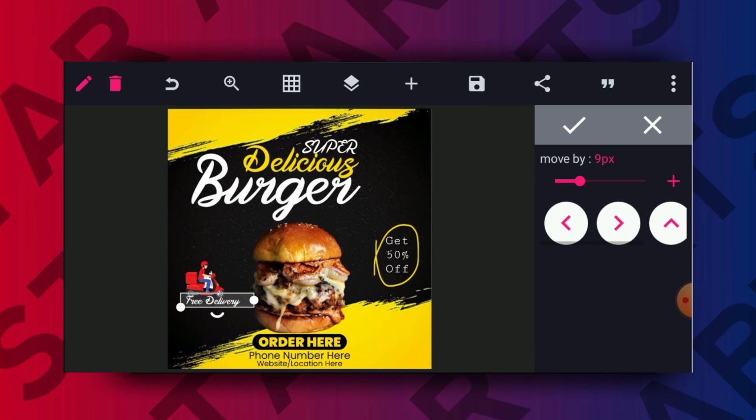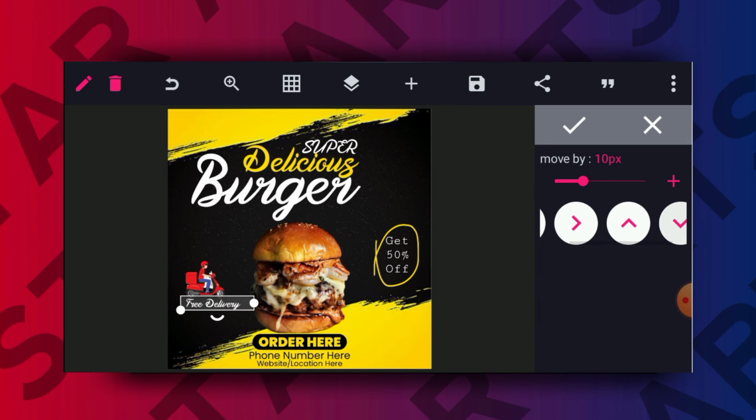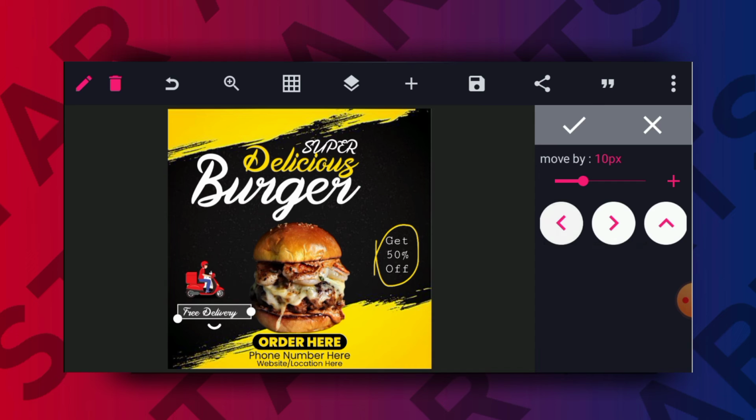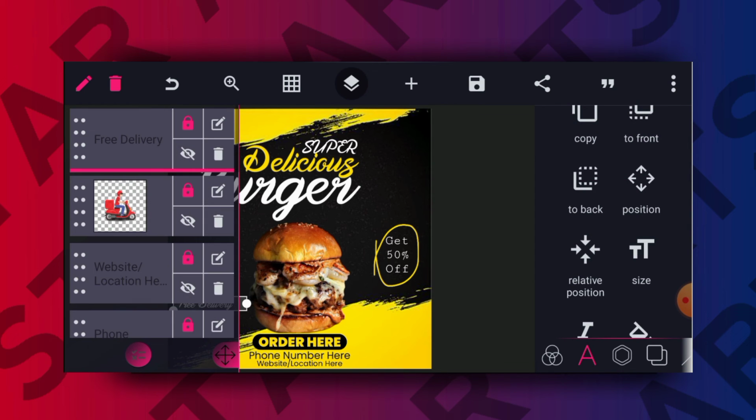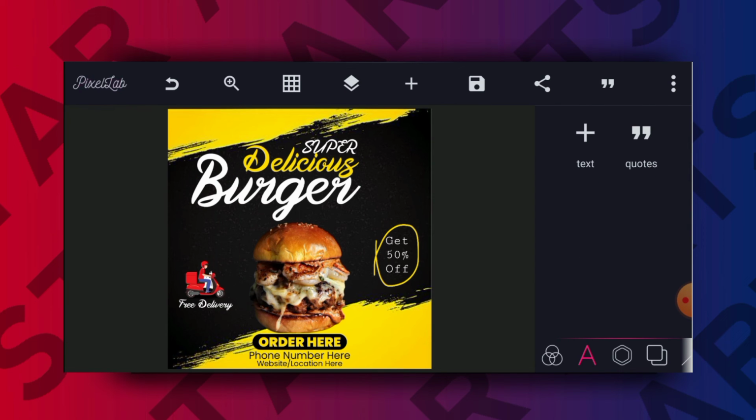When you are done with the size, make sure you play around with the position to get it right. Okay, so you can go ahead and lock those two items too,